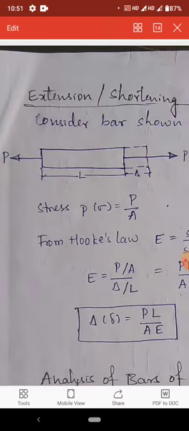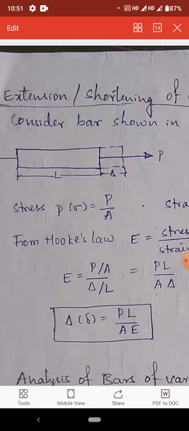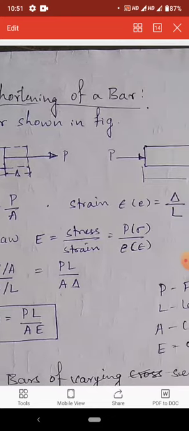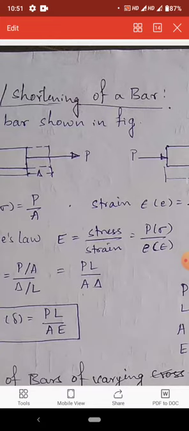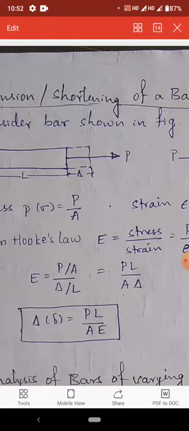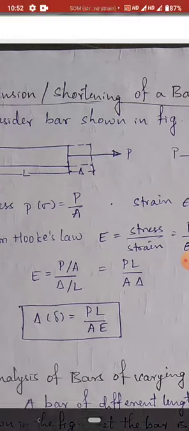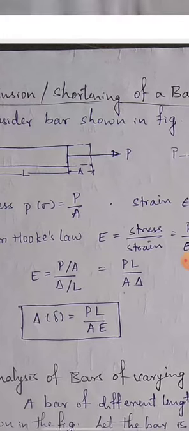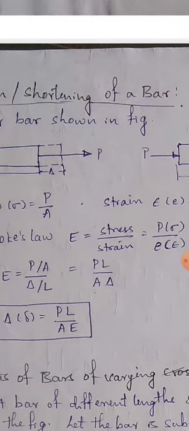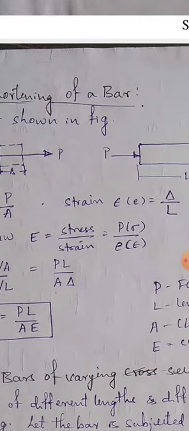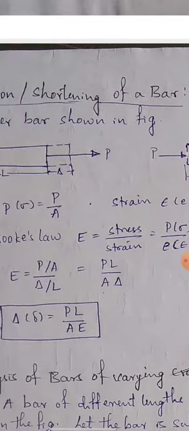As you know the basic formula, stress is equal to how much? Load by area, and strain is nothing but the change in length delta over the original length capital L. And apply Hooke's law. The stress is directly proportional to strain within an elastic limit. Therefore, within an elastic limit, E is equal to stress by strain, that is sigma by epsilon.